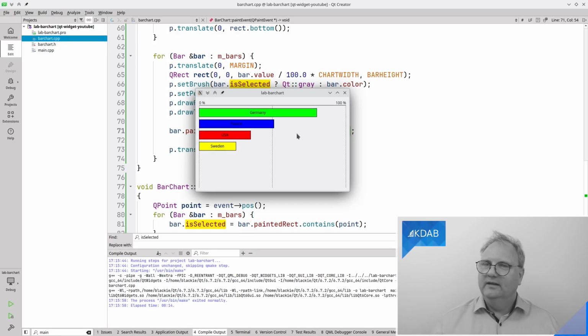And the way that it works is that when I click here, I go through all of my bars and I update the bar to whether this point is inside of the painted rectangle. I want to just go up here and click right there and go down there and click right there, and you can see it is actually click right here. It is the right coordinates. There is no error that is offsetting.